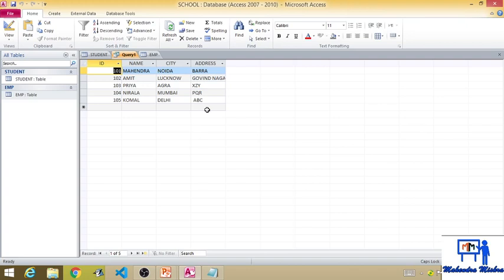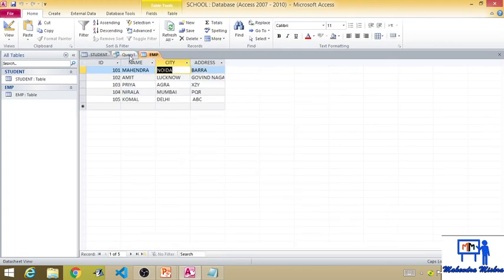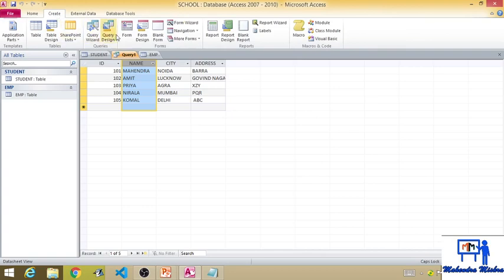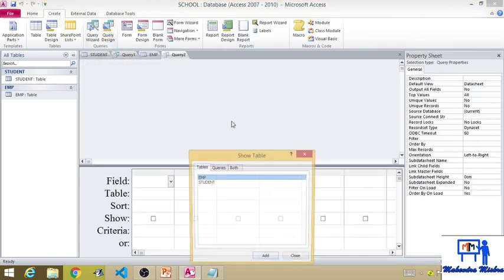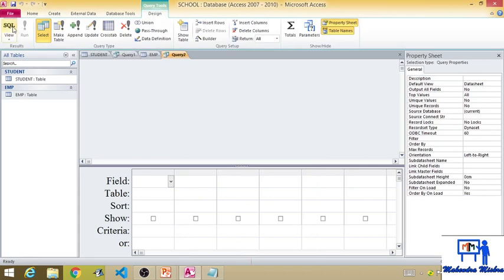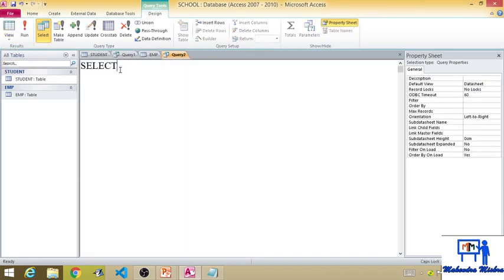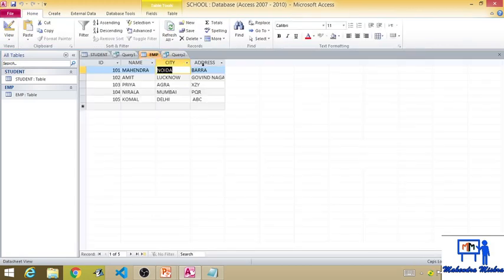Now suppose I want only ID and name. Then what do we have to write in the query? Just go to create query design, go to SQL option, SQL view. Now this is my table: ID, name, city, address. I want only ID and name.